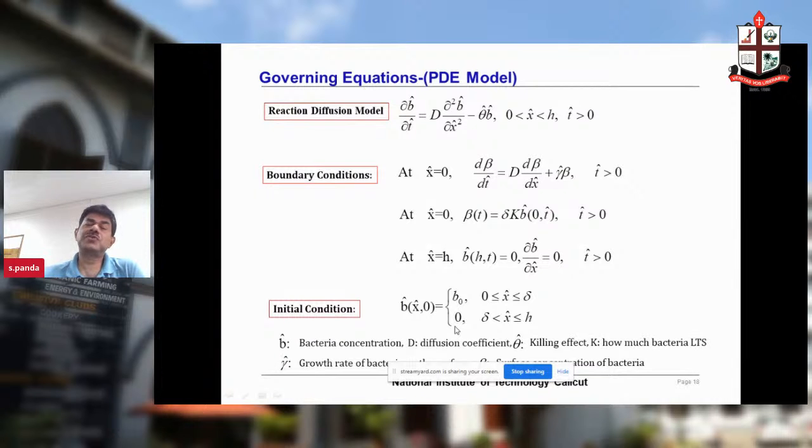Then the bacteria wants to cross the second domain and it has to kill. So we have now a very nice effect. Theta hat is now a killing effect. And K, you look here carefully, beta T is equal to delta times, delta is my thickness of your first domain, where it is populated, and